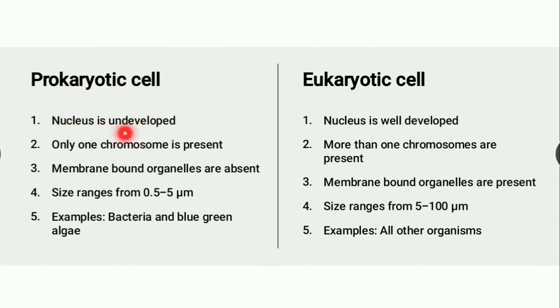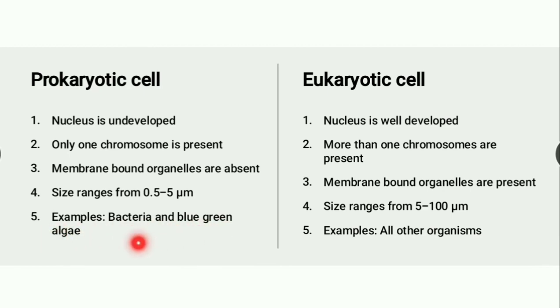In prokaryotic cell the nucleus is undeveloped. But eukaryotic cell is very developed. When you learn about prokaryotic and eukaryotic, you will have a question: what type of cell do I have? We have eukaryotic cell, a very developed cell, like all the other organisms. And who has prokaryotic cell? Some bacteria and blue-green algae.